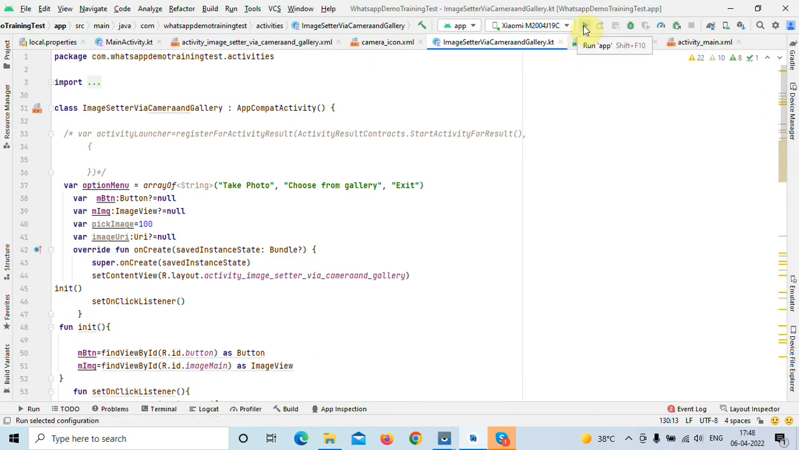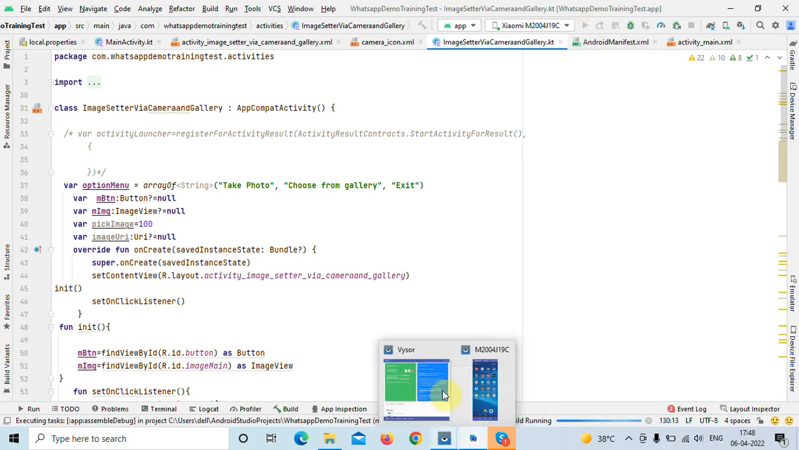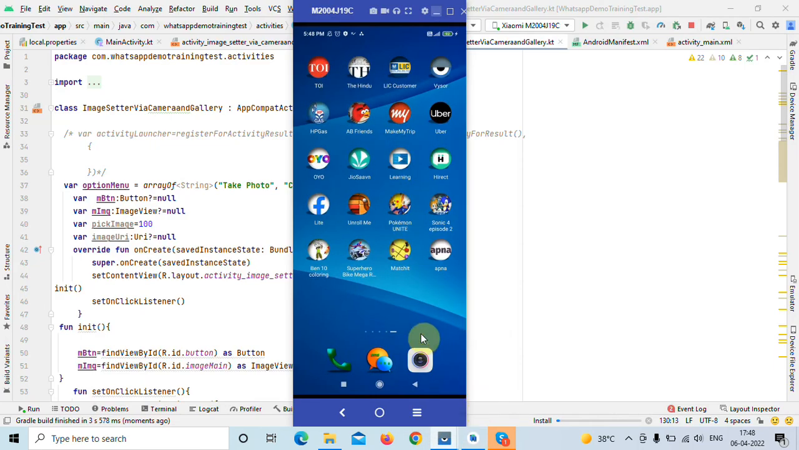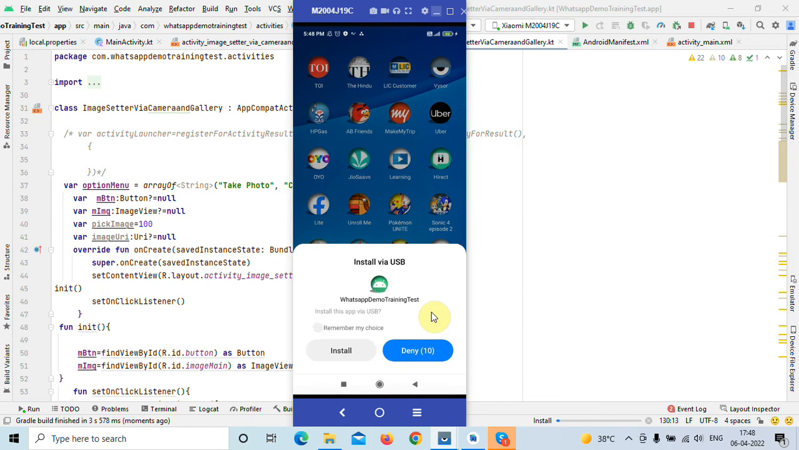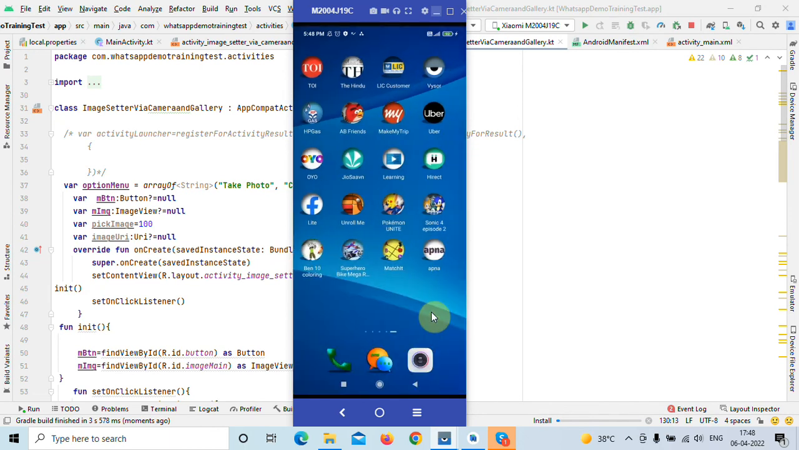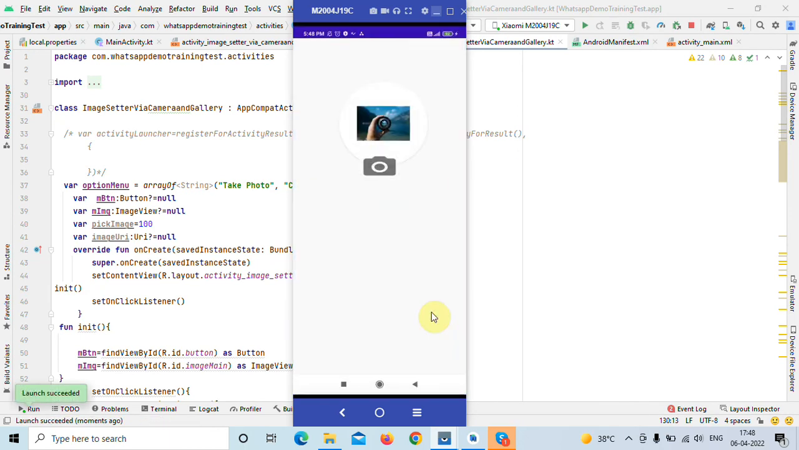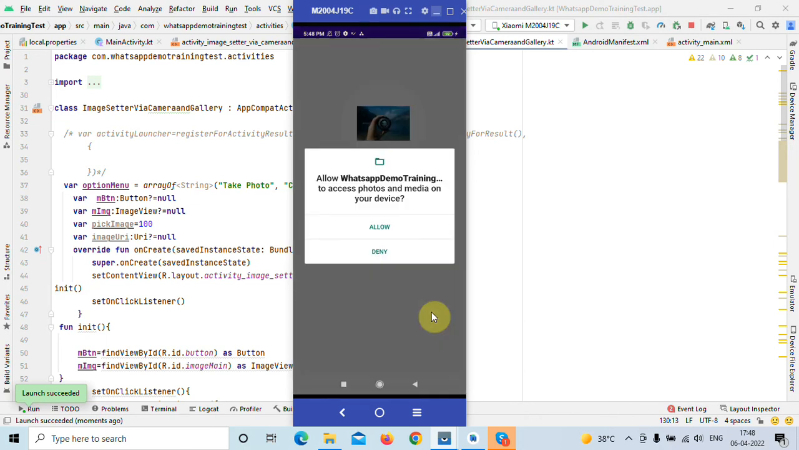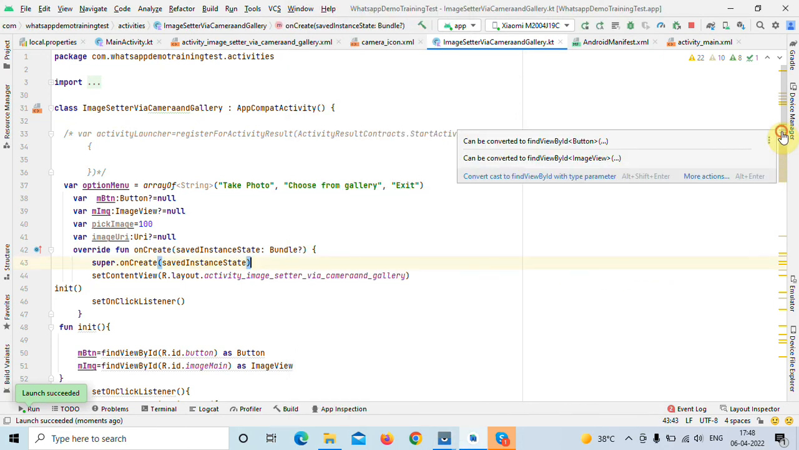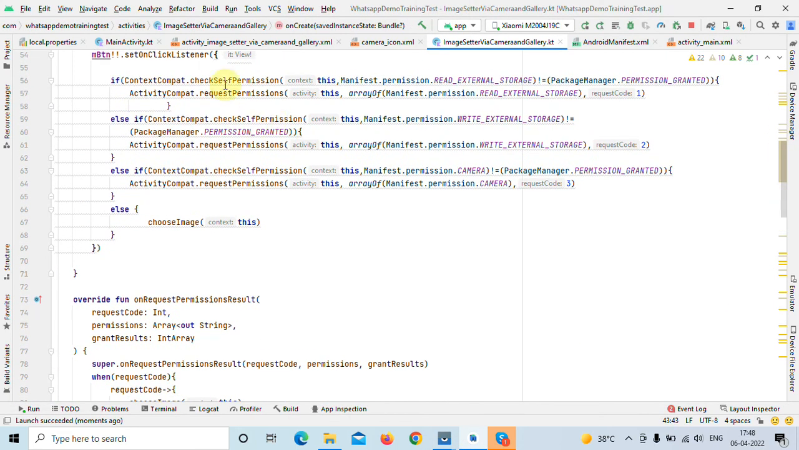If we run this, it is building. After building, it is installing. We allow it, and the layout is shown. If we click on camera, it shows a dialog that comes from ActivityCompat.requestPermissions. If we give allow,